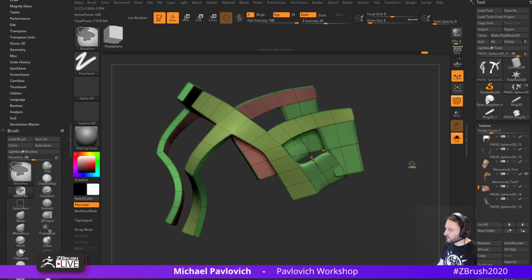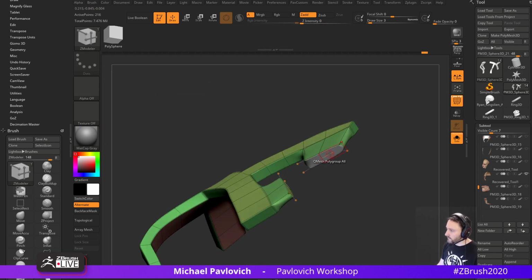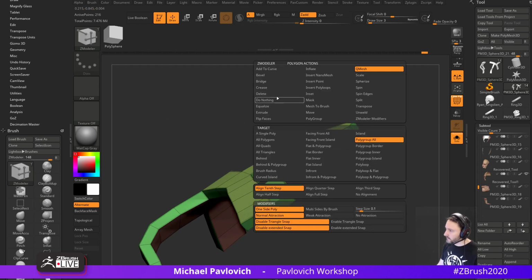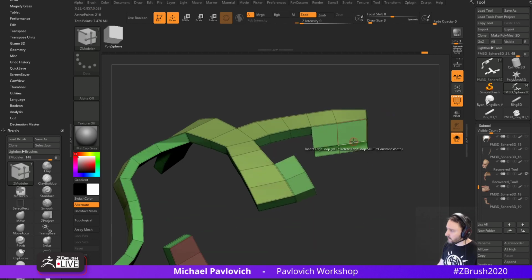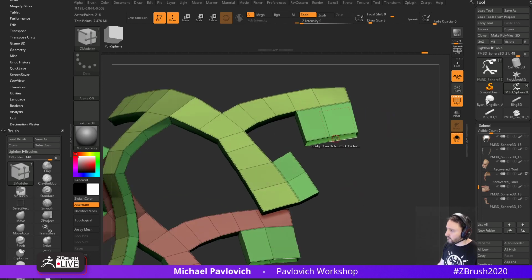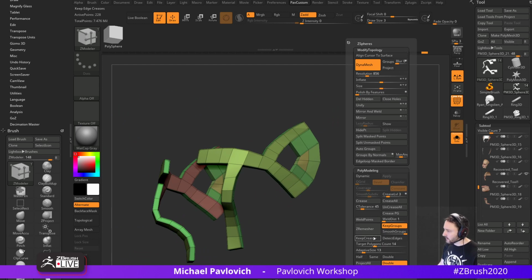Is it going to stick? No. Well, you can bridge them together. So you can go like this, you can go here, and let's set Shift. So we'll say delete, and then delete, and then bridge 2 holes here to here, and then you can kind of like this. And let's just do a quick auto groups, or no, group by